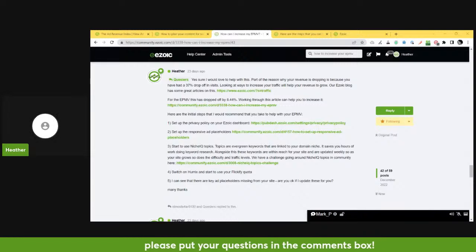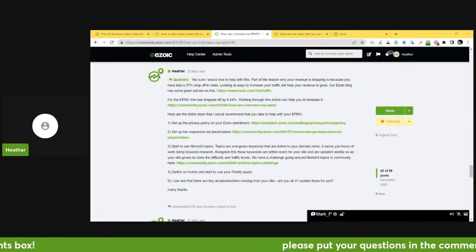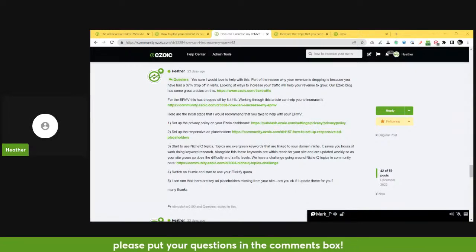As I mentioned, the way advertising works, it's partly down to the keywords and content on your website. It's partly about the readers that are coming to your site. And then it's also about the sites that they've been on before they get to your website.